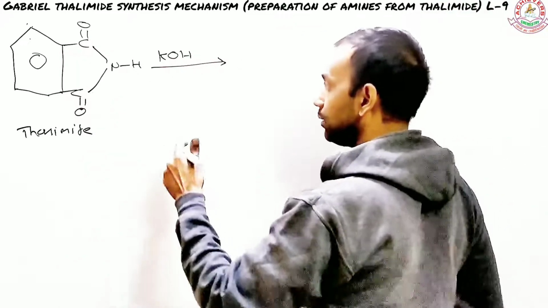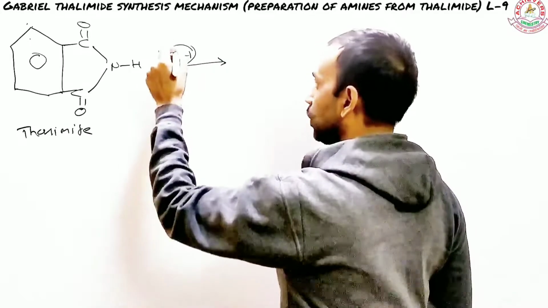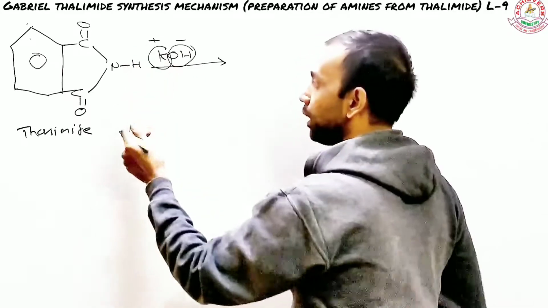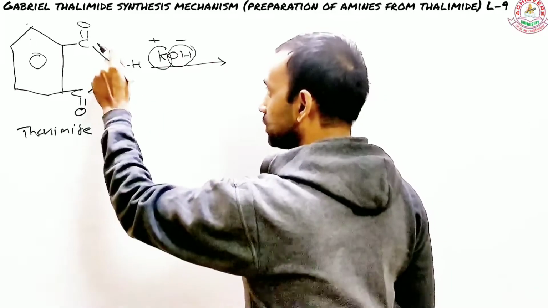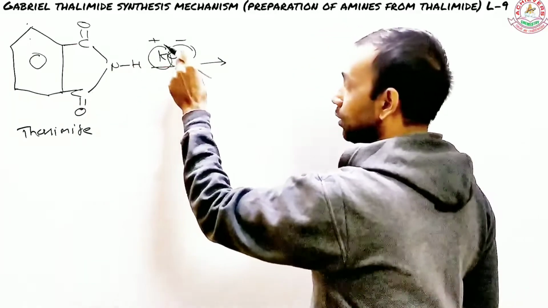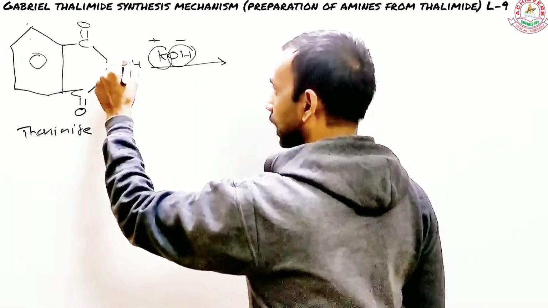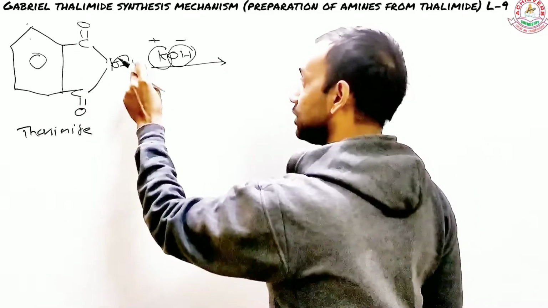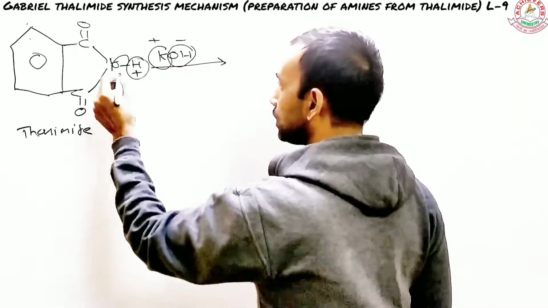And now what happens? You understand that KOH has two ions here. One is a negatively charged OH and another is a positively charged K plus. And the bond between nitrogen and hydrogen is also highly polar, and therefore nitrogen has a partial negative and hydrogen has a partial positive. So due to the basic nature of OH, this bond between nitrogen and hydrogen starts breaking, and it results in deprotonation of this particular hydrogen. So you come up here with the positive charge on hydrogen and nitrogen comes up with the negative charge.